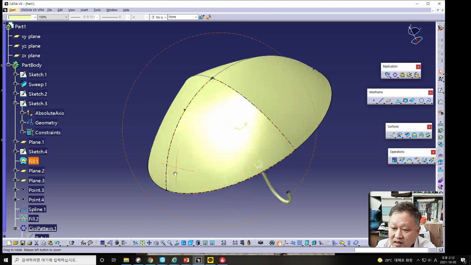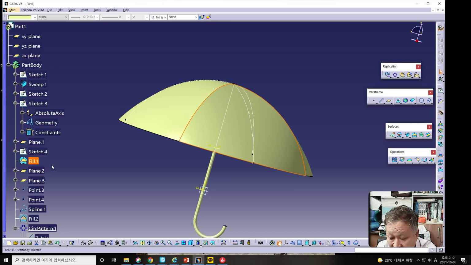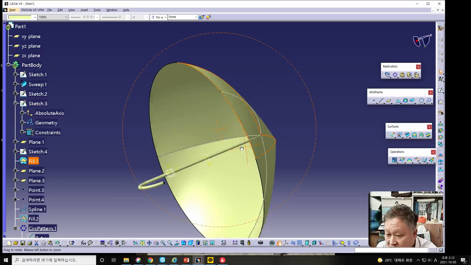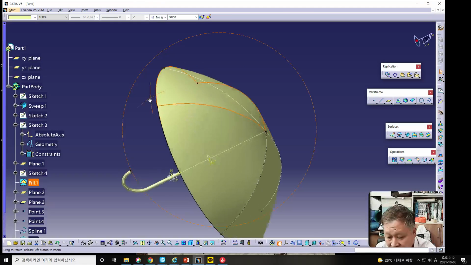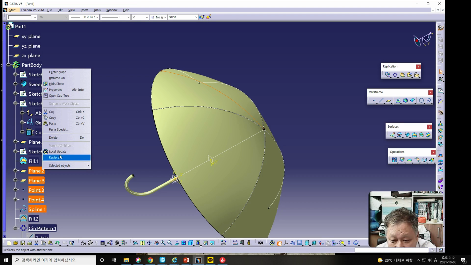And okay, this is the umbrella shape made, and if you read it carefully and look at plane 2, 3, 4, 5.4 spline, if you hide this one,